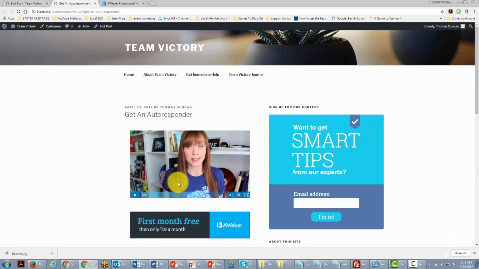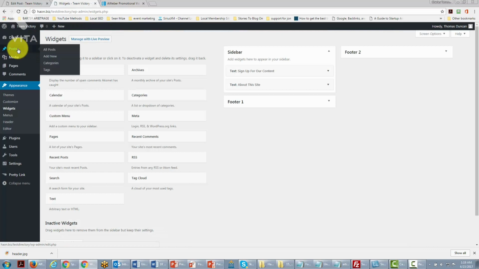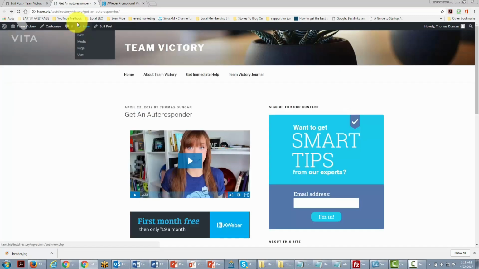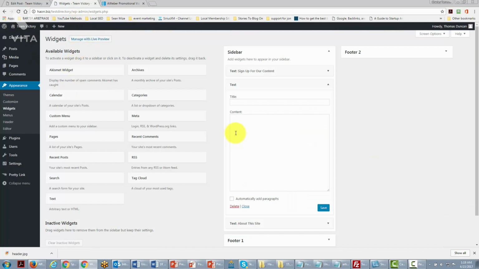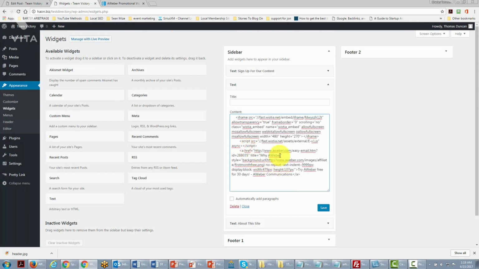Now, one of the other things that we can do is the very same thing that we did with our autoresponder code: we can put code in our widgets so that it will appear on all of our pages. In order to do that, all we need to do is go back to this area and find our widgets. And then we can take another text box, and in that text box, all we've got to do is put our code in this area again. We'll click Save,